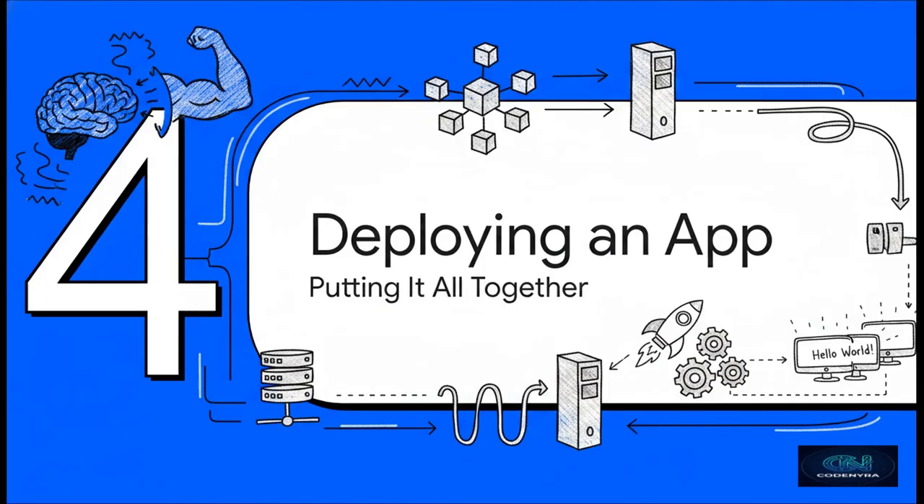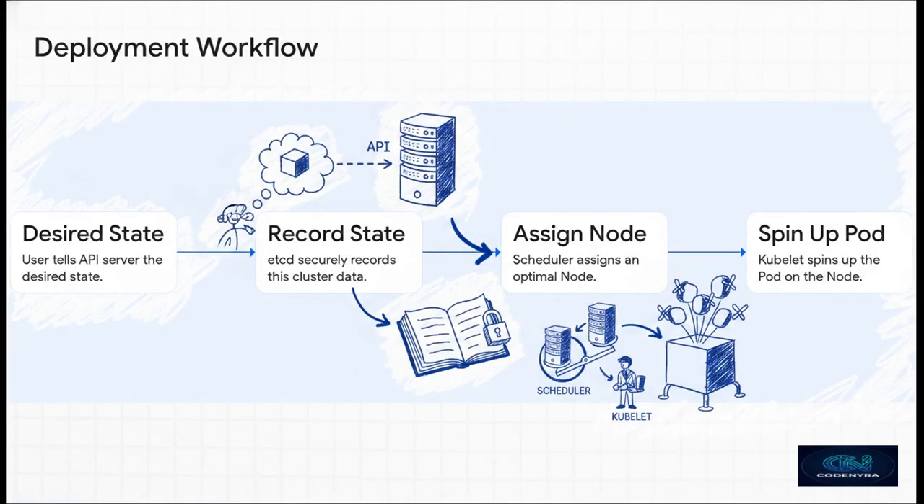Which brings us to part 4. Deploying an application. And this brilliantly illustrates the entire architectural workflow in action. We're going to walk through this just like a high-speed relay race. Step 1, the starting gun fires when a user hands a desired state configuration to our bouncer, the Kube API server. Step 2, the API server authenticates it and passes the baton to etcd, writing the request down in stone in the master ledger. Step 3, the kube-scheduler